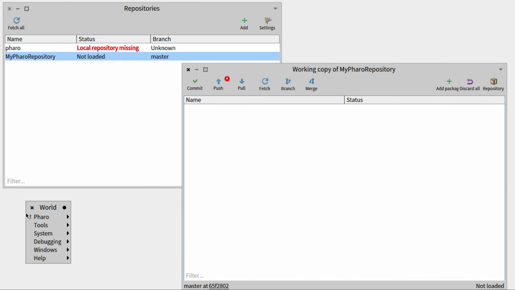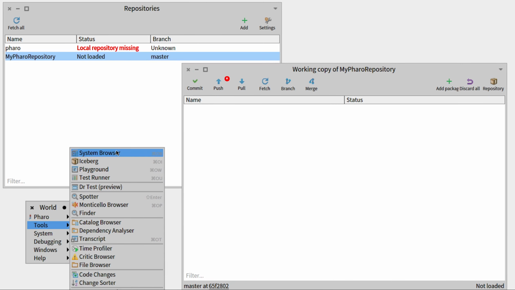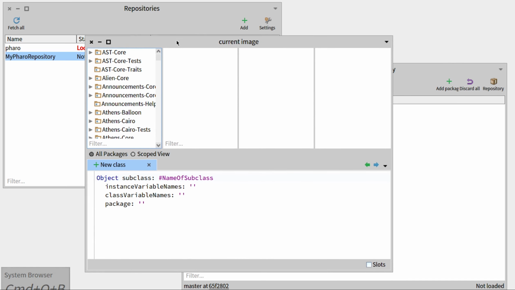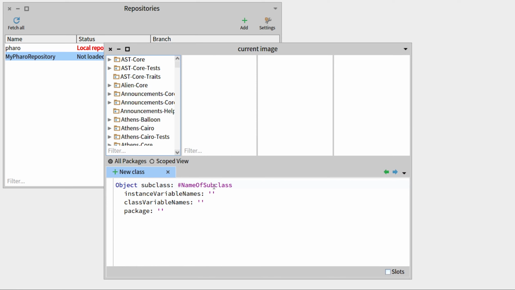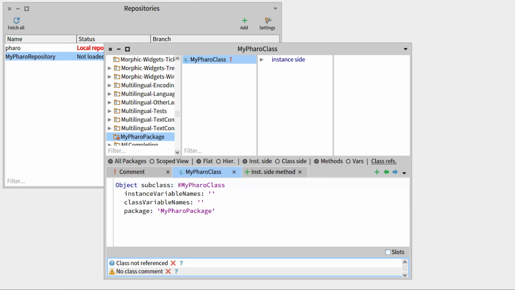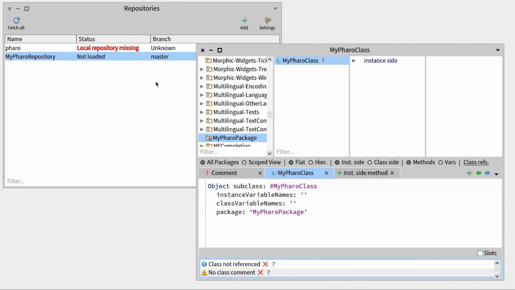Next thing we're going to do is to actually create a class and add it to our package. So go over to our system browser and create a class named MyPharo in the package MyPharo package. Let's save it. Consider that it's extremely simple, we won't put anything inside.